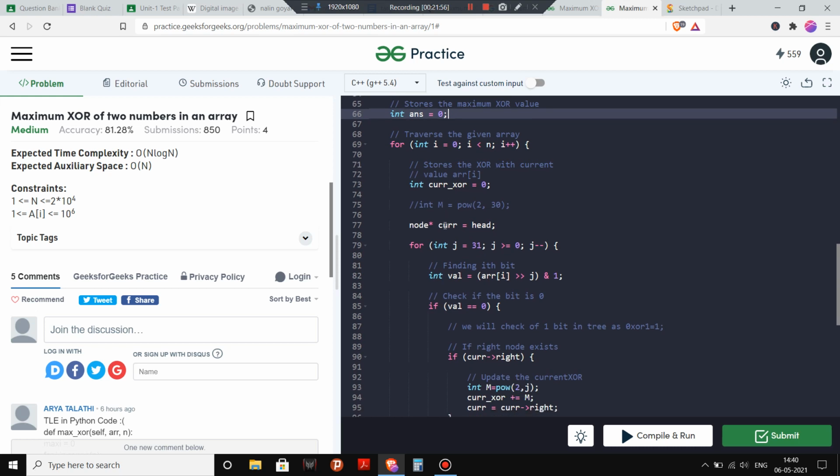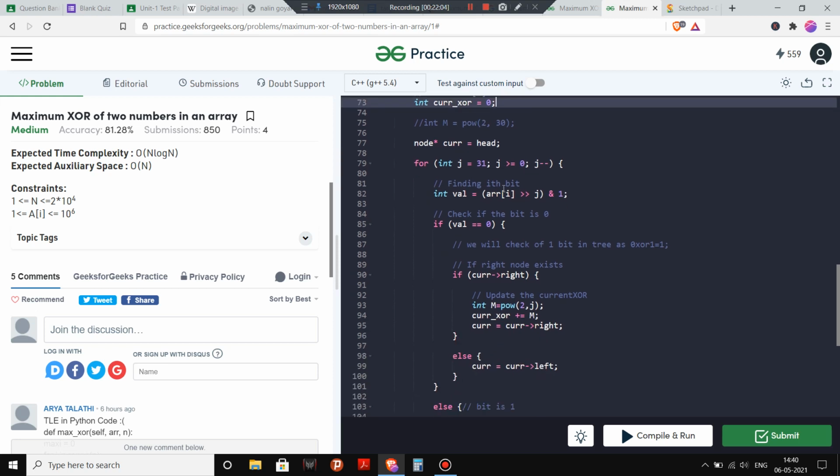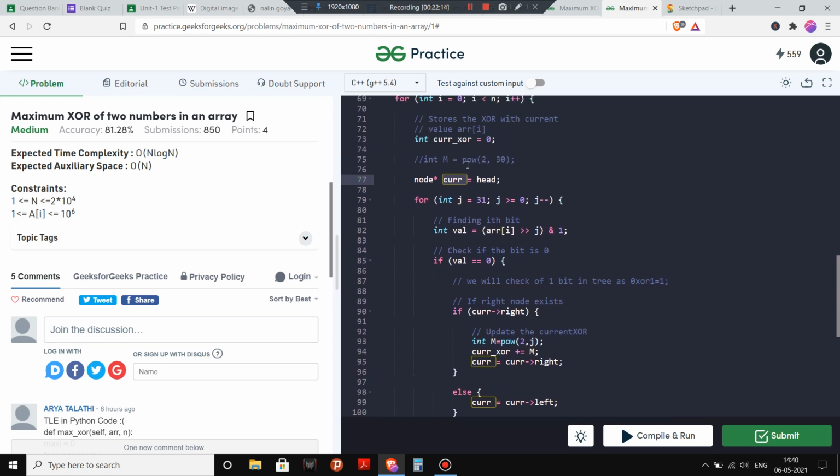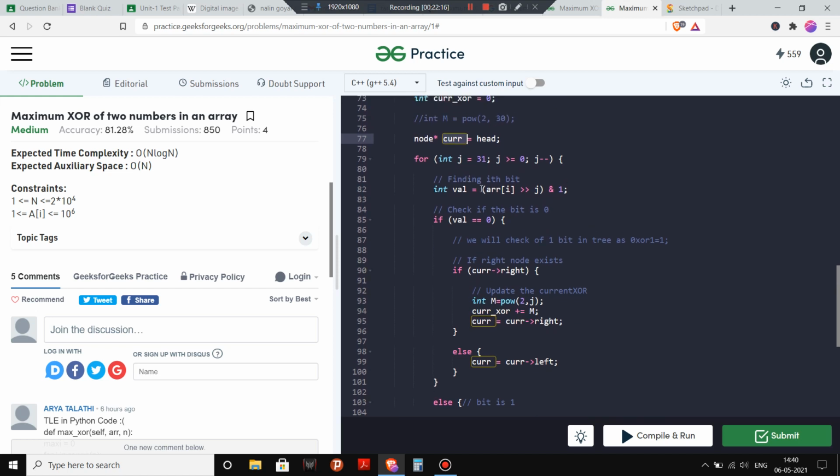Now I will again traverse through this array. For int i equal to 0, i less than n, i plus plus, and initially my current XOR will be 0. Now I have this variable cur which points to head. Now I will again iterate through the binary representation of this array element i.